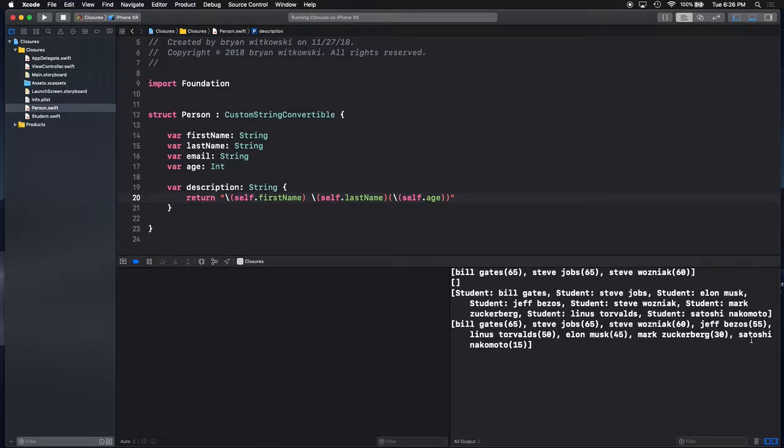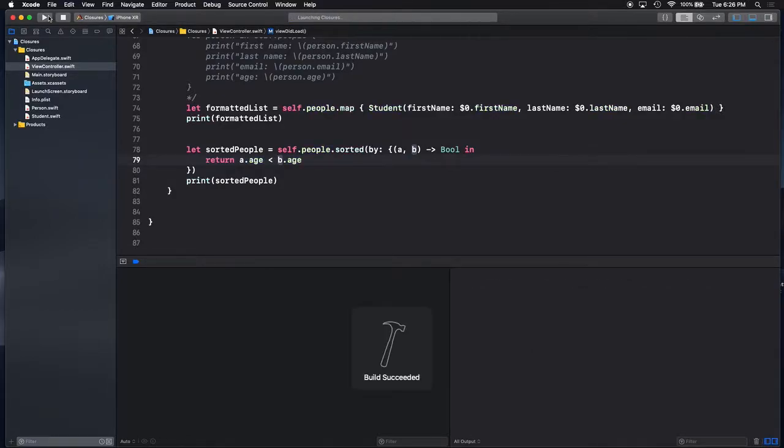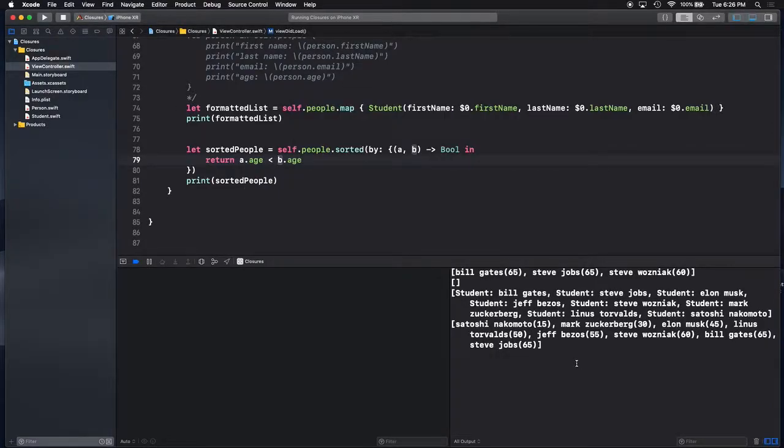Looks like we're sorted. If I want it reversed, right, so ascending as opposed to descending, that's easy. Just switch the comparison, right? So now we got youngest to oldest. And I didn't have to implement any protocol. So as far as reducing this down,